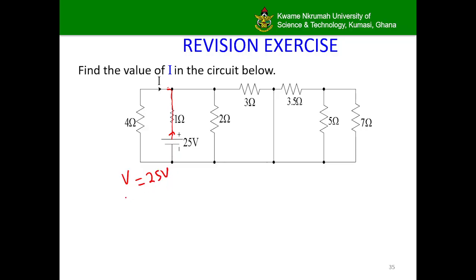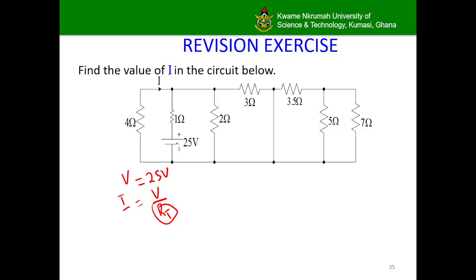To find the total current I, we need to find the total resistance RT. We need to find the total resistance, or the effective resistance. So we go back to our previous video where we discussed effective resistance. To find the effective resistance, the first step is to check current flow and to see the resistors in which